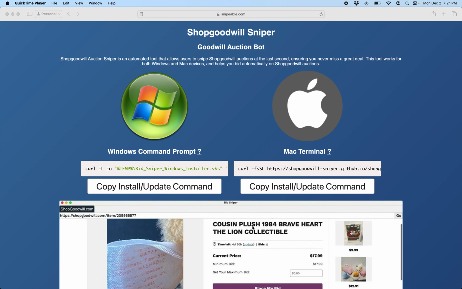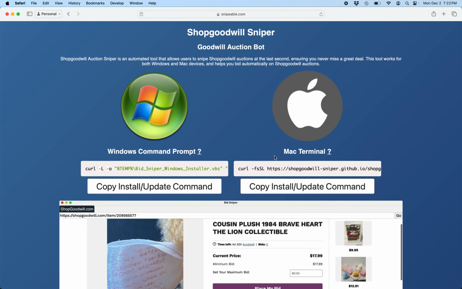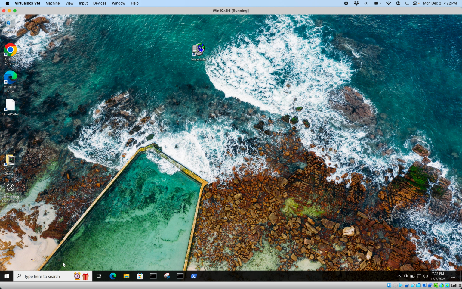Today I'm here to show you how to quickly install the ShopGoodwill Auction Sniper on your Windows 10 or 11 computer. So the first thing you want to do is go to snipeable.com in your web browser, and then you want to click the copy install update command to copy the install update command for the ShopGoodwill Auction Sniper to your clipboard. Once you've copied it to your clipboard, then you want to head over to your Windows search taskbar,